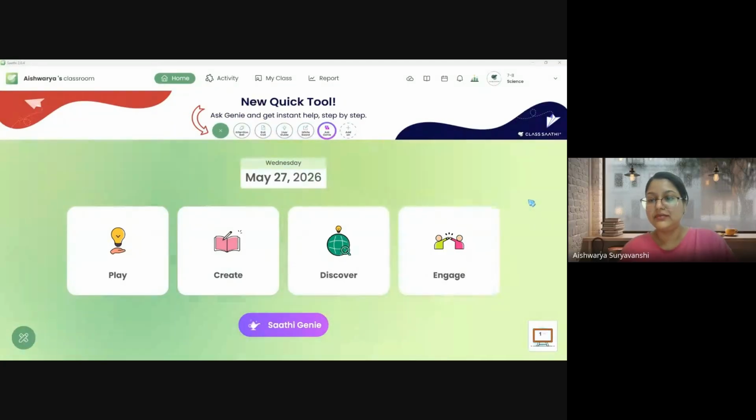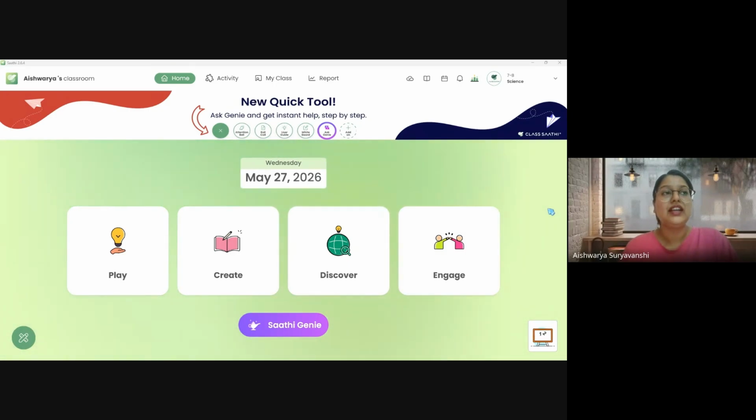So, teachers, as you know, Class Sati is where you can come in and use it for teaching. You can use the application to generate your customized questions. You can also use the reports to get information on the performance of each and every student in the classroom. This is something we have already discussed in our webinars. What we will do today is find out the different ways of using Class Sati for different subjects.